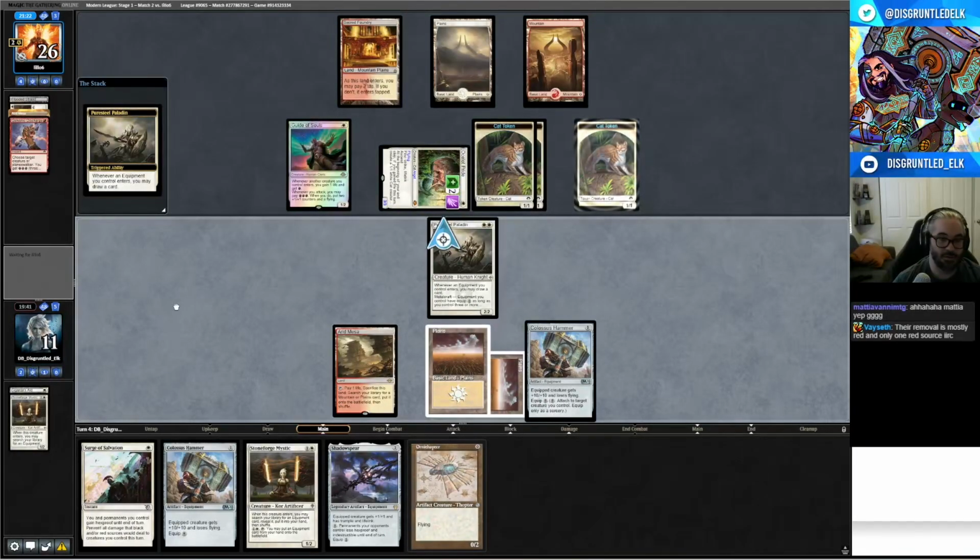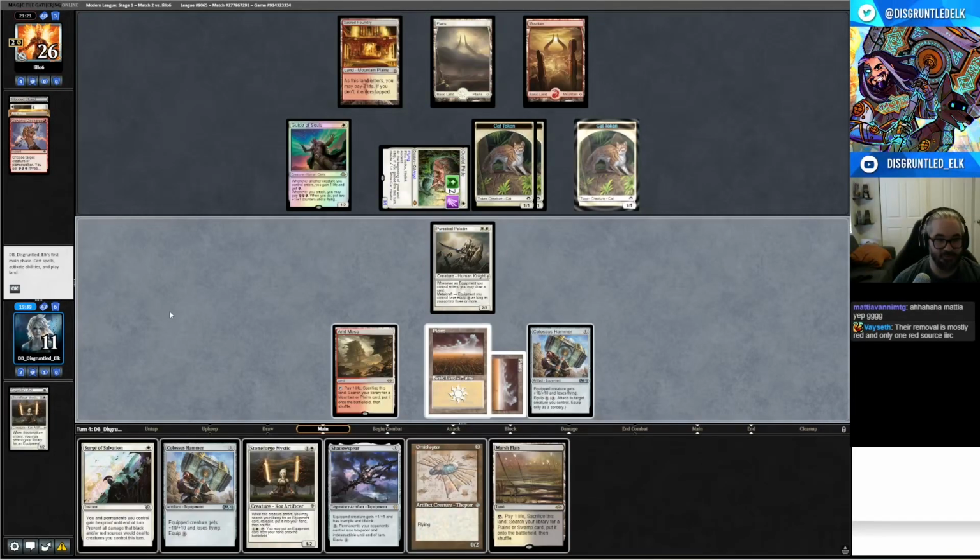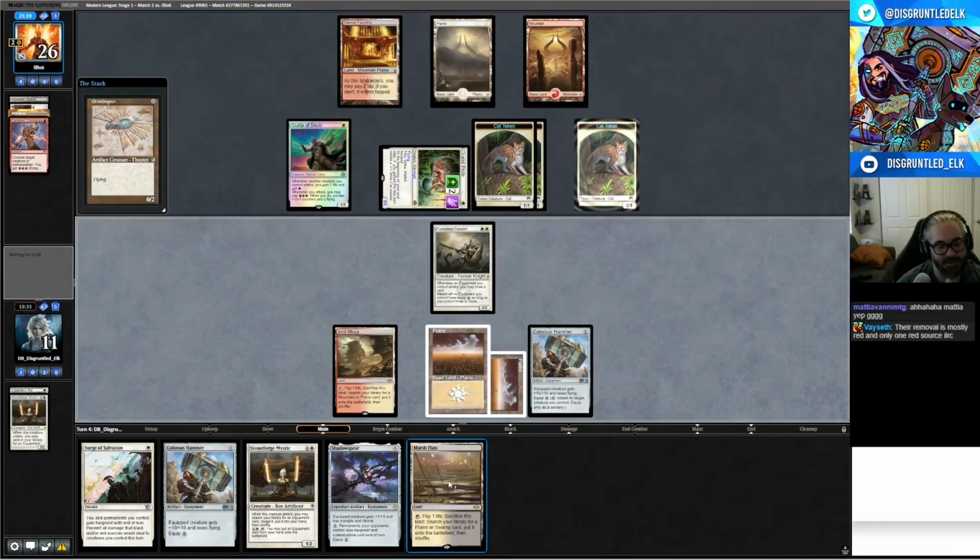Okay, so they have one removal spell. Got it. Okay, there we go. That's what we want. Now you just play everything, right? Definitely playing Ornithopter. I mean, obviously we've got to figure out the sequencing, but